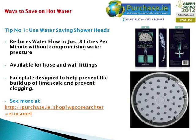Now, the first thing we want to look at today is using water saving shower heads. We're talking about a product here called the Eco Camel, which restricts the water flow from your shower to a maximum of just 8 litres per minute without compromising the water pressure itself or how much you enjoy your actual showering experience. These water saving shower heads basically have a restrictor on the base of the shower head, and